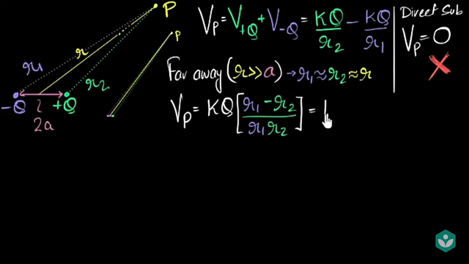And now let's see if we can substitute here. See what we get. If I substitute in the denominator r1 as r and r2 also as r, I will get r squared. r into r is r squared, and I don't get 0. So the denominator becomes r squared, and what about the numerator?